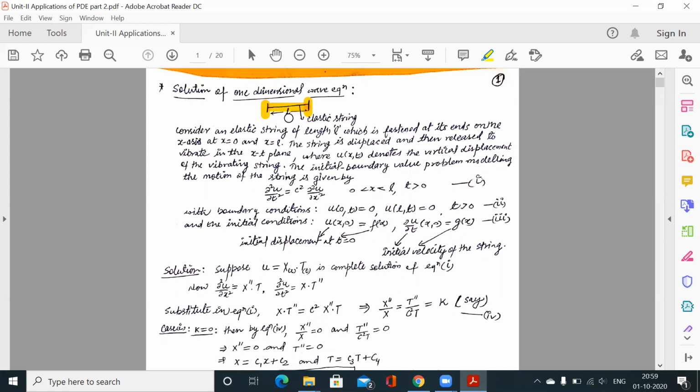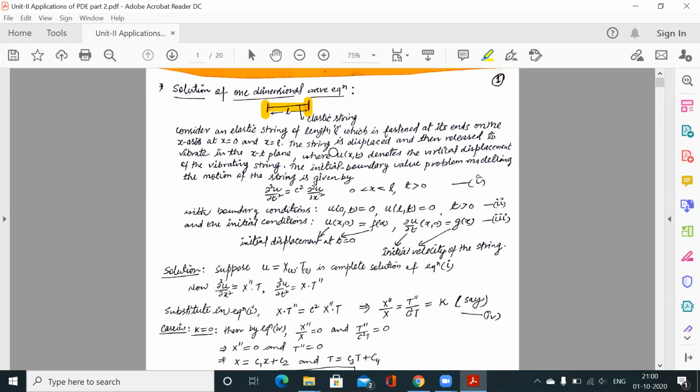Now if we touch this string or rope at some point, the string will vibrate. As soon as you touch it, vibrations start. Both ends are fixed, and in between you have a string. When you touch this string at any point between the length, the string will start vibrating, and that vibration is known as the wave equation.